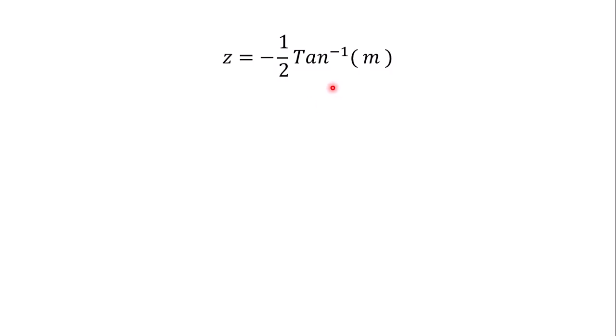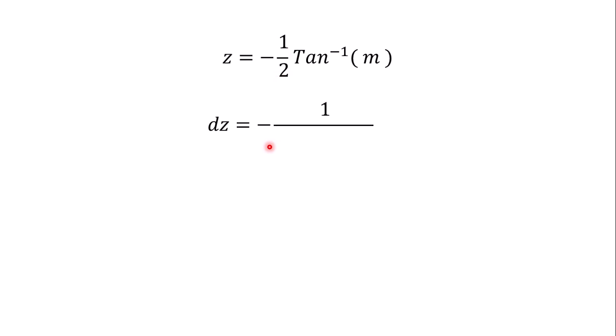Okay, so now let's differentiate. To differentiate this one, you already know the answer to this one. When you differentiate tangent inverse of m, you're gonna get 1 over 1 plus m squared, or m squared plus 1. Anyhow you write it, addition is commutative, but make sure you multiply it by this minus half here. It's not half but minus half. Okay,